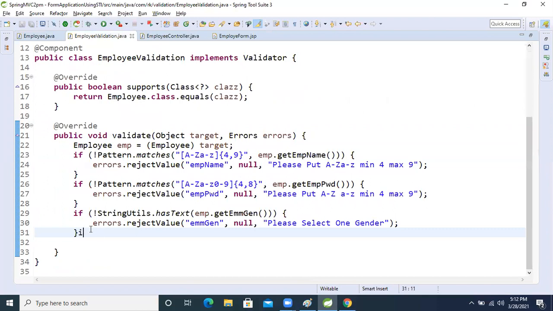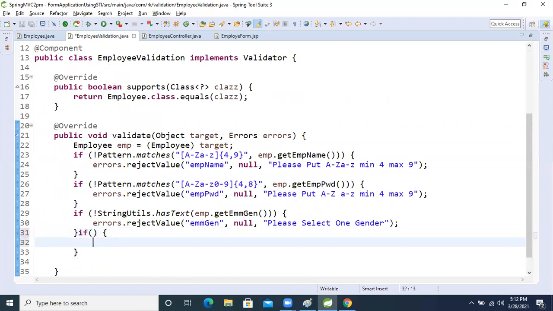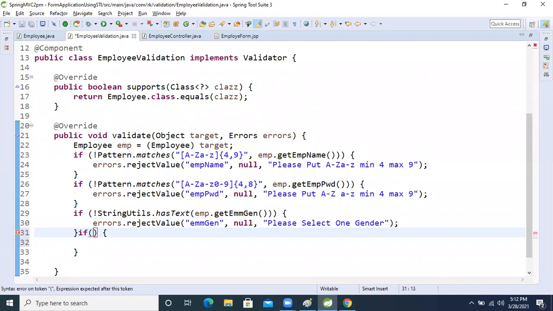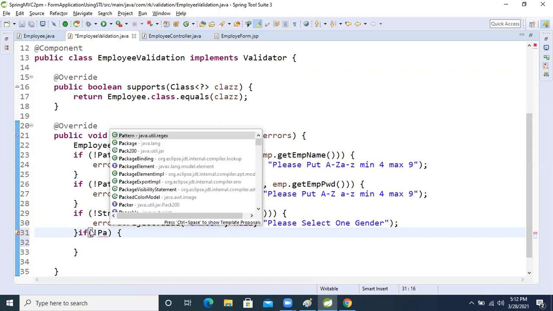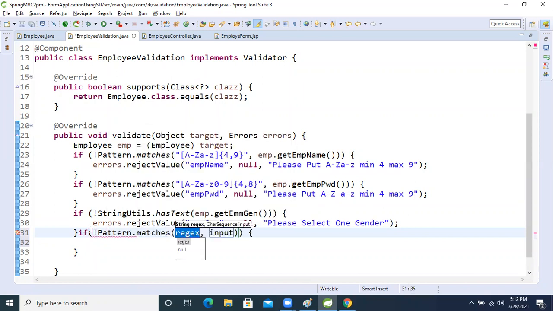Again we will check the condition. Come here. If not pattern matching dot matches, inside that we will write the logic. What is the logic? A to Z,